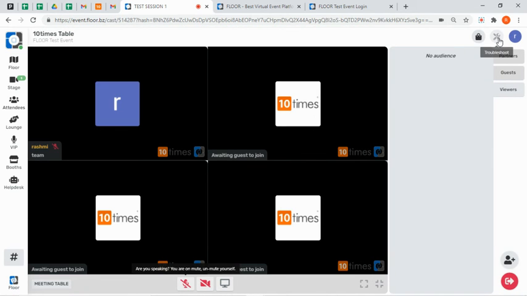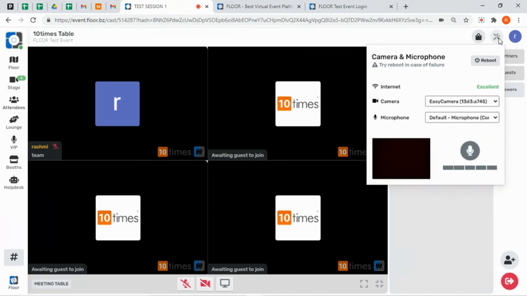There is an option of troubleshoot, which is highly recommended in case you have any issues with the mic, camera, or internet. First of all, you should make sure that the internet connectivity is stable and good. We can track that from here. There is a camera option to select whatever camera you are using at the moment. It should be the active one, and you should have the camera and microphone mapped here on the platform. In case you use an external camera, please map it in this troubleshoot icon as well.